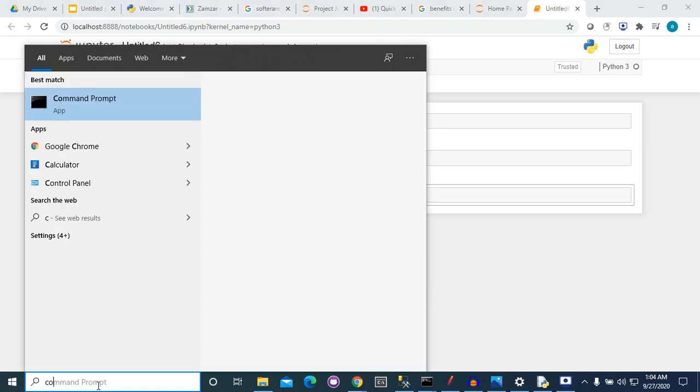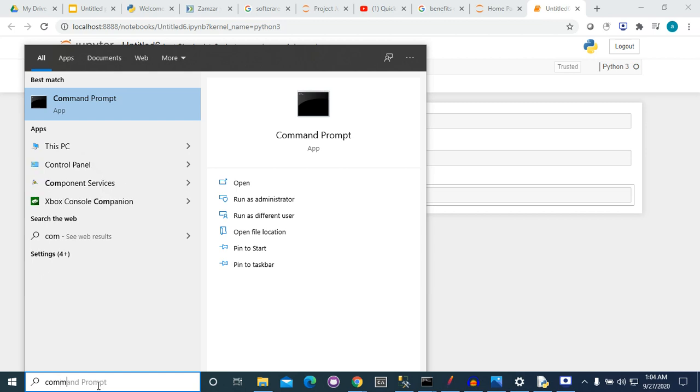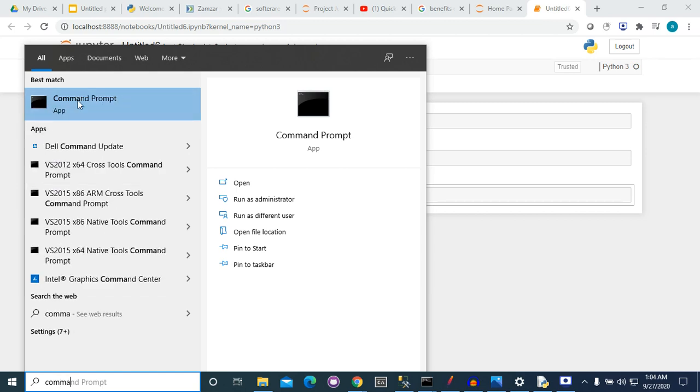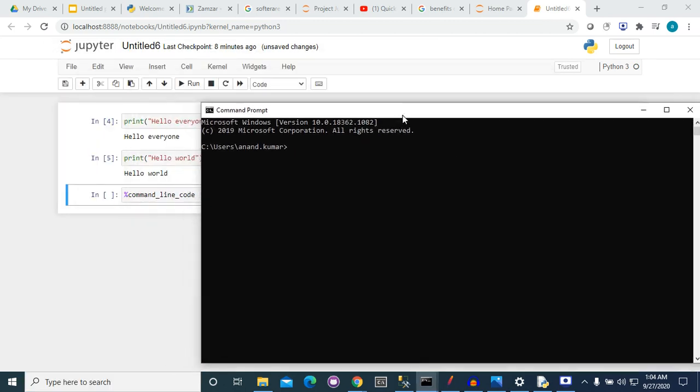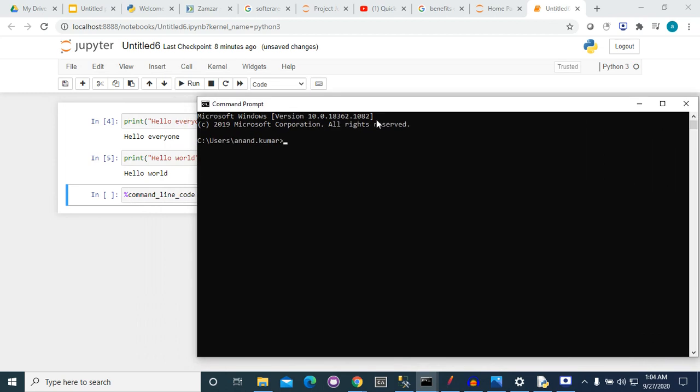First, I'm opening command prompt, and there is a command called ls, by which we can see the directories in the current folder. Actually, that command works in a Linux environment. That's why it is not printing here.